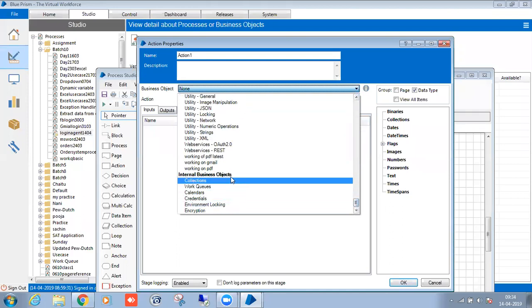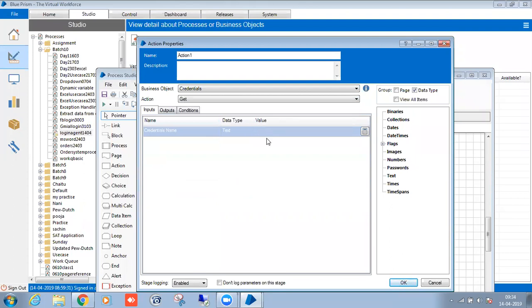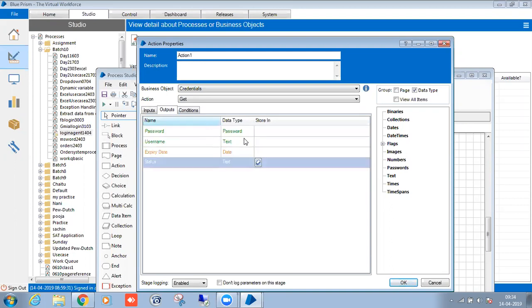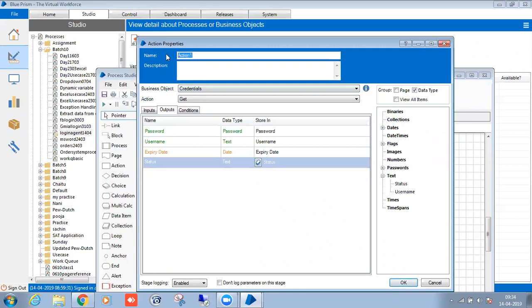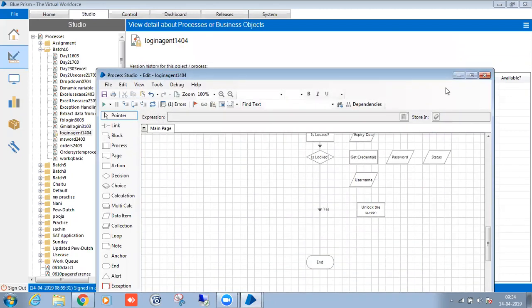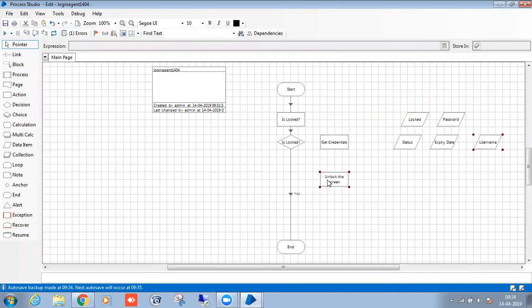First, you need to get the credentials, Windows credentials. First, I want to get the credentials first.